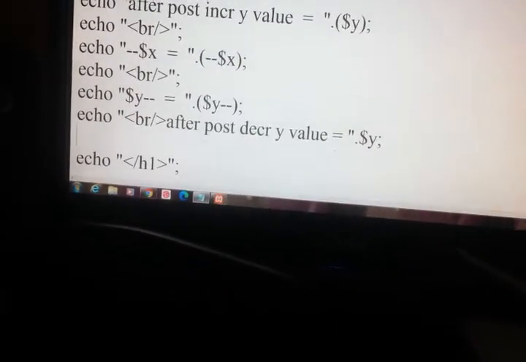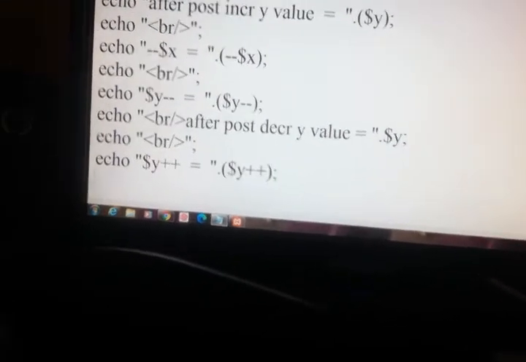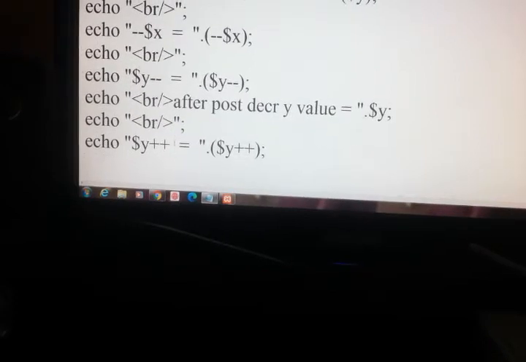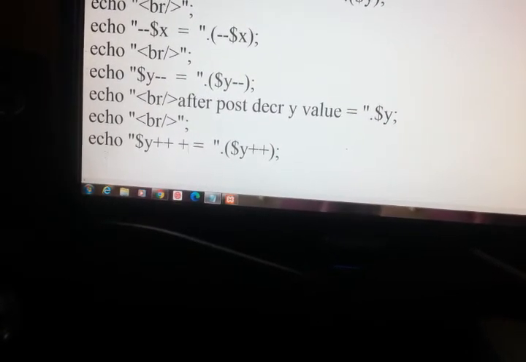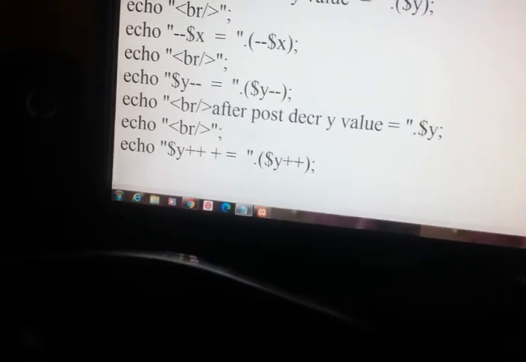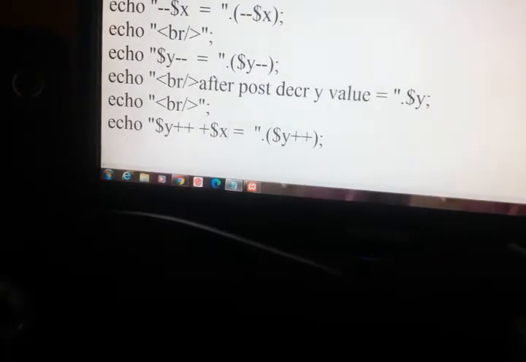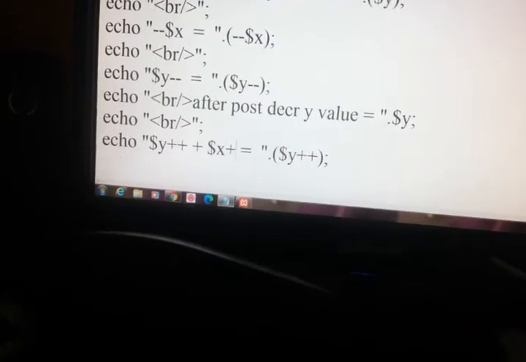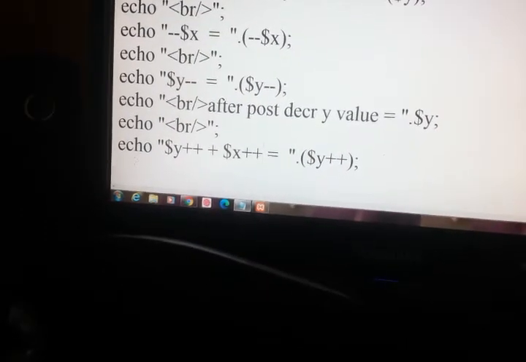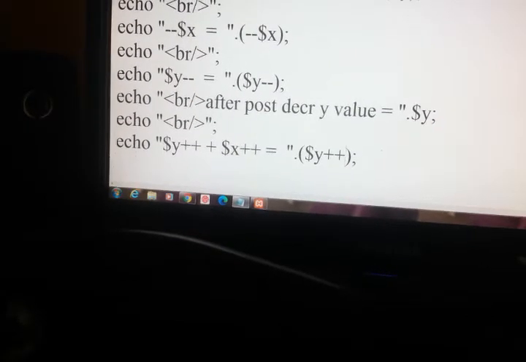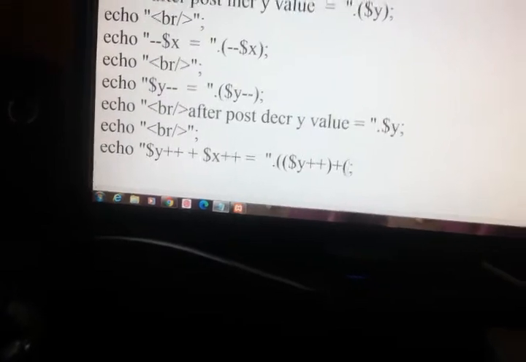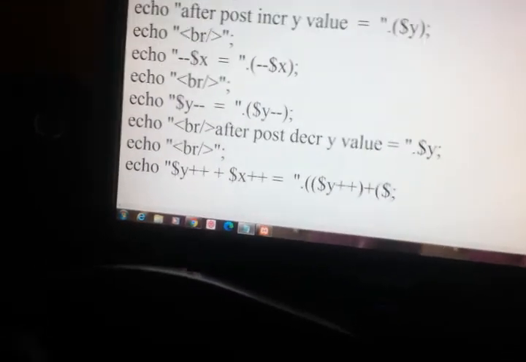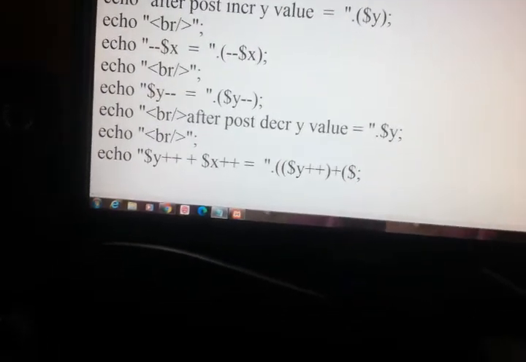Now I will perform one more operation here. So I am adding the post incremented values $y plus $x plus.